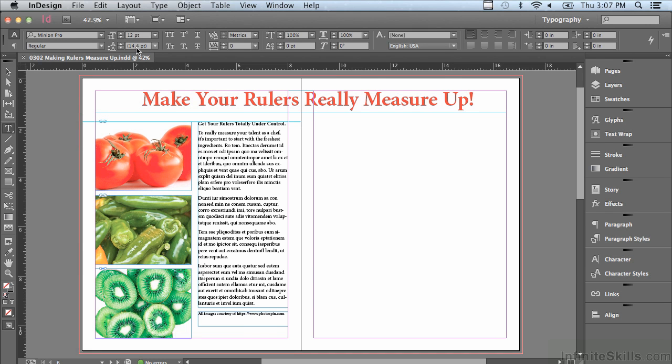But can you change the ruler's origin? By default, the 0 point is actually in the upper left-hand corner. And if I'm working in a spread, the rulers just continue all the way across. But is there a way to make the ruler start again at the gutter, the left side of the right page? Well, if I right-click on the ruler,